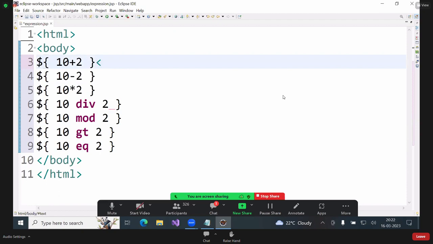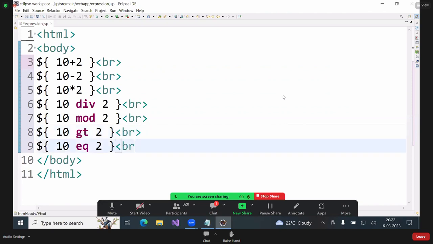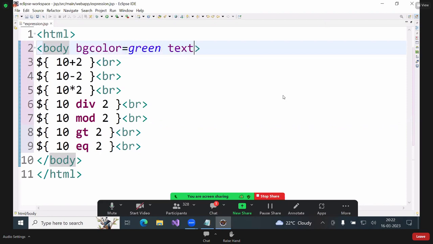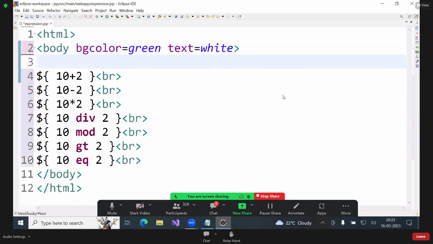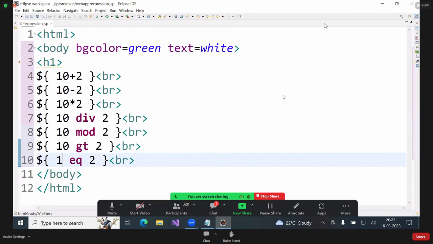Next line, if you want to print the result, BR, line break. Here, you can add colors. Now, if I execute this program,